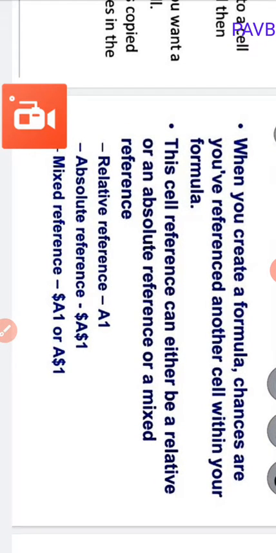Absolute reference is denoted by a dollar sign before the column name and before the row number, for example $A$1. Mixed reference is either row or column, $A1 or A$1. There are three types of cell reference used in MS Excel: relative reference, absolute reference, and mixed reference. The relative reference is the default addressing.